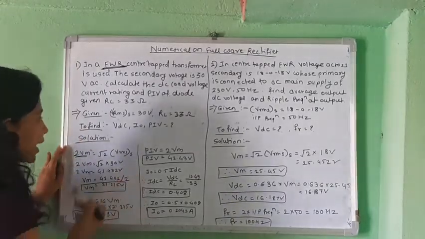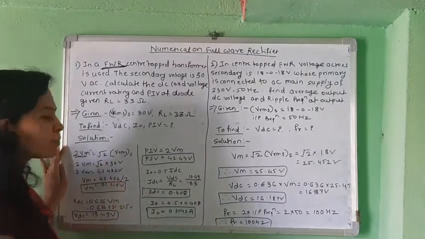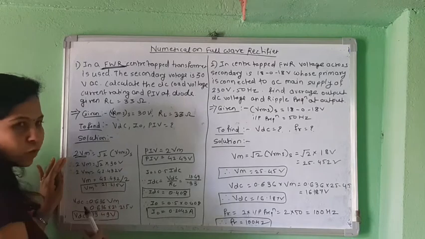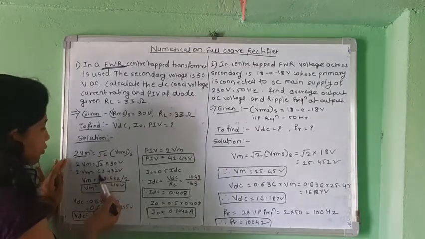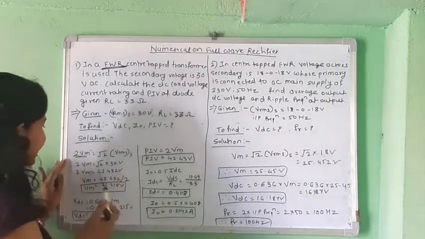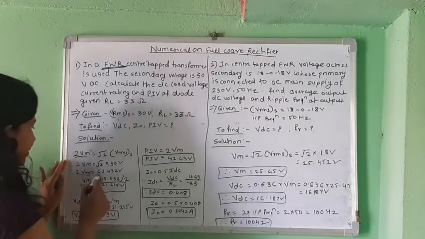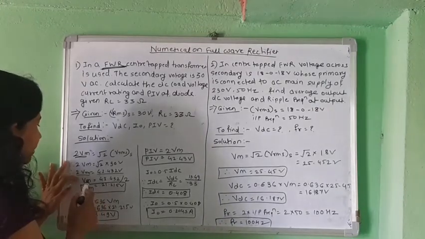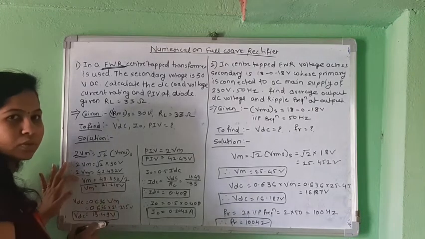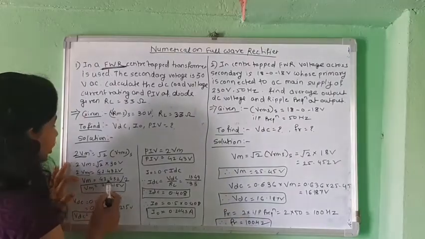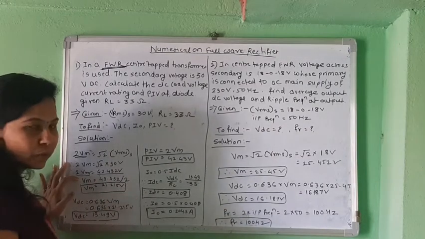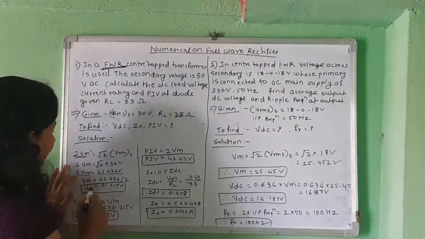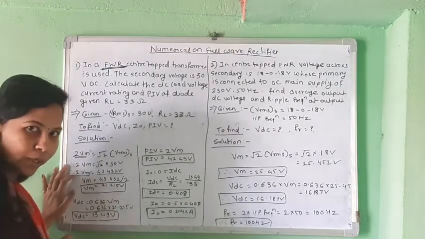We have the value of Vrms across secondary, just put the value and you will get the answer. What is the value of Vrms secondary? It is 30 volt. So, square root 2 into 30 volt is 42.43 volt. This is the value of 2 Vm, but the required value is Vm. So the 2 goes for division: 42.43 divided by 2 is 21.215 volt. So we get the value of Vm as 21.215 volt.